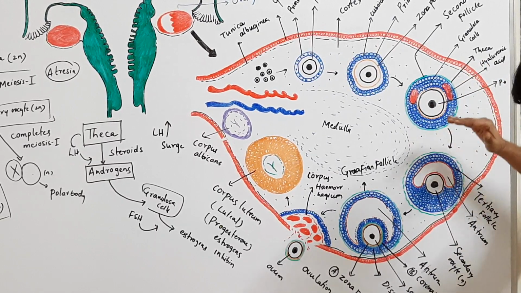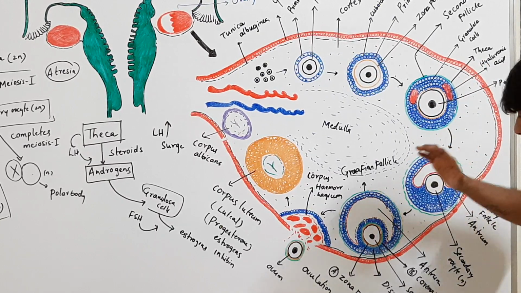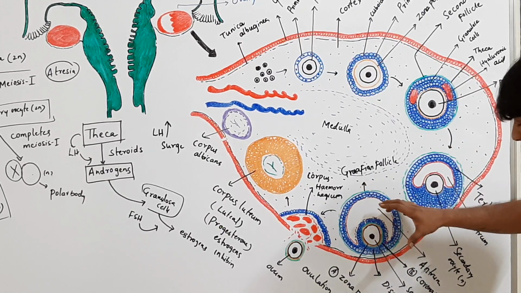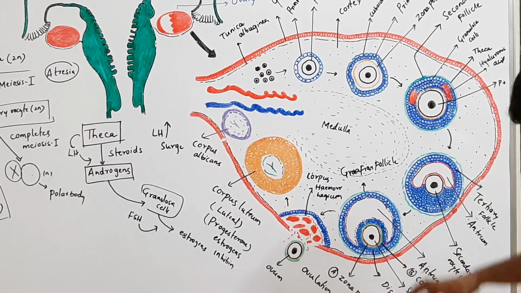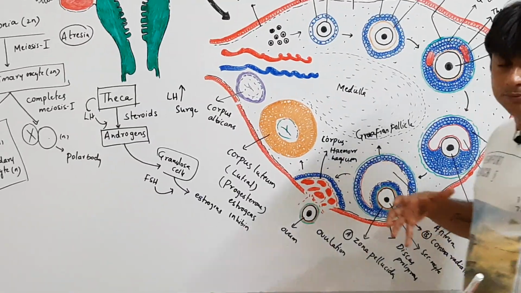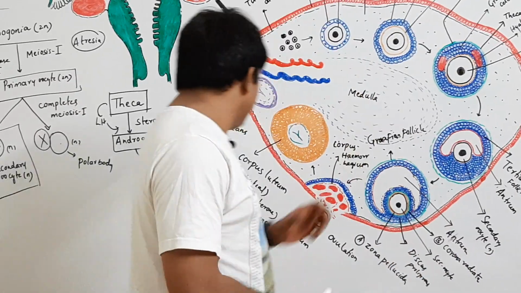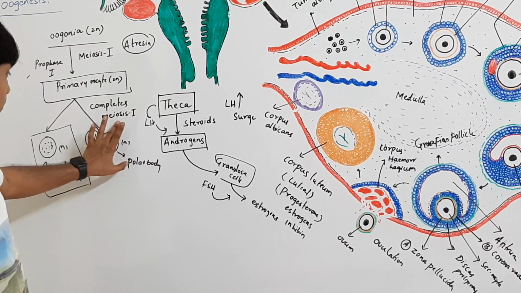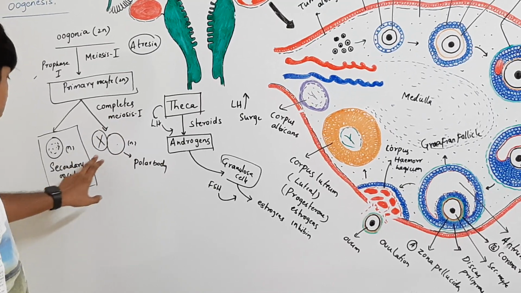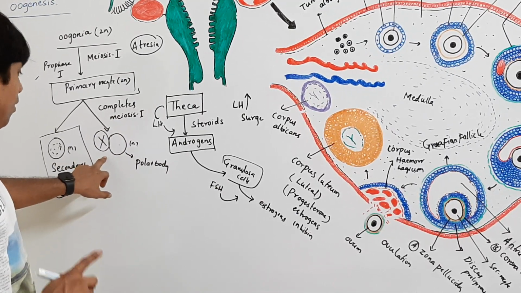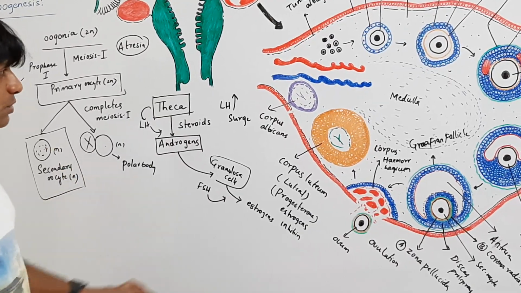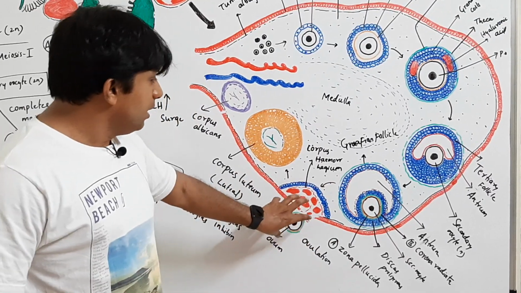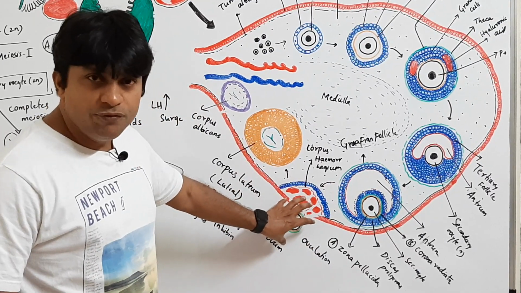Later on, the secondary follicle becomes the tertiary follicle. The tertiary follicle becomes a mature follicle which is called the Graafian follicle, where the antrum enlarges and the ovum becomes eccentric. In the tertiary follicle, the primary oocyte completes its first reduction division, meiosis 1, and becomes a secondary oocyte, and the polar body no longer survives. Now the secondary oocyte is called the ovum. The secondary oocyte or ovum is released from the Graafian follicle by a process called ovulation.